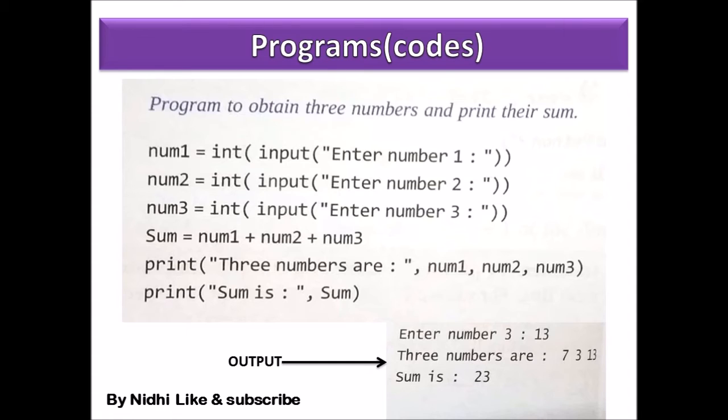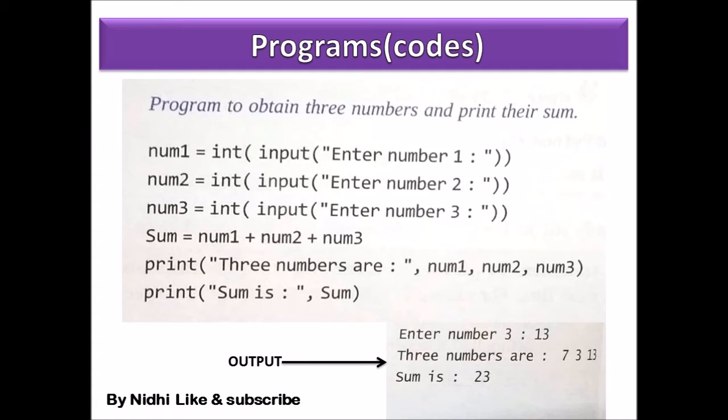So see, num1, num2 and num3 are 3 variables, and then we are taking them as input. Now after the input function also I have written int, because we want these numbers as a number, not as a string. Whenever we are taking some input from a user, that number is stored in the form of a string. Always this input function and our print function print the result in the form of strings. So we want it as a number, so we are writing int before this.